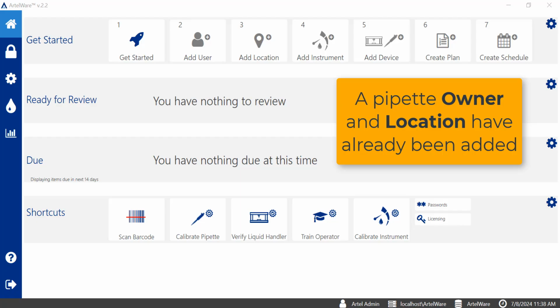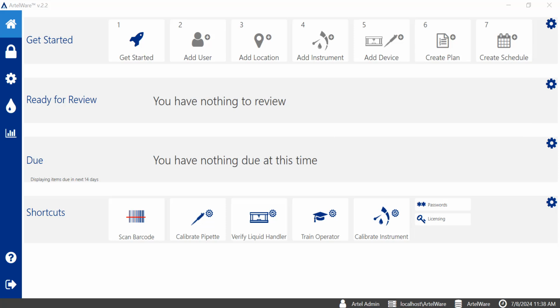Prior to creating my pipette entry, I have already created the pipette's owner and location. Now let's explore how we add a pipette. There are a few different ways to add a pipette into the ArtelWare software application, but before I